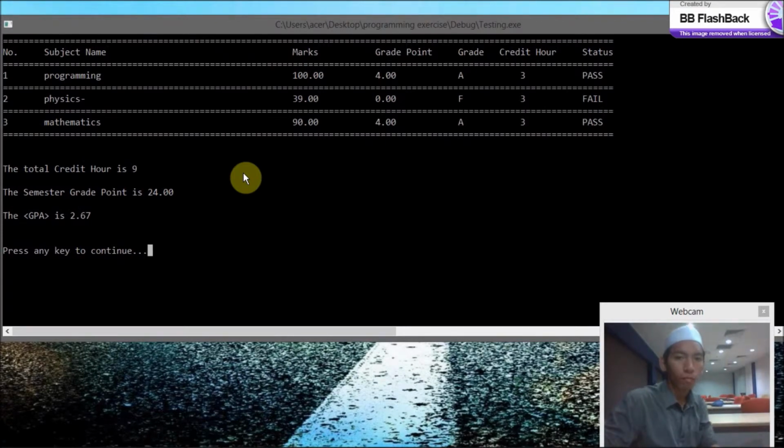Okay, the program will display subject name, programming, physics and mathematics, mark, grade point, grade and credit hour. This system also will show you status. For programming, for example, the mark is 100. So, in programming subject, pass. Okay. At the bottom,